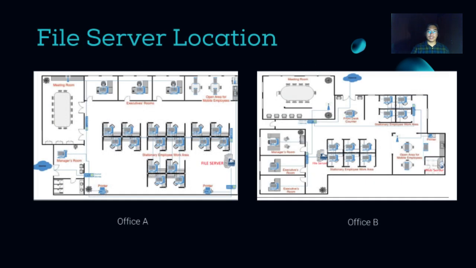Next is the location of the file server. As we can see in the red circle in both layout Office A and Office B, the file server in Office A and Office B are strategically located near the router and switch, optimizing network efficiency and reducing latency. The proximity of the file server to the router and switch enables faster file transfer and server access, maximizing bandwidth